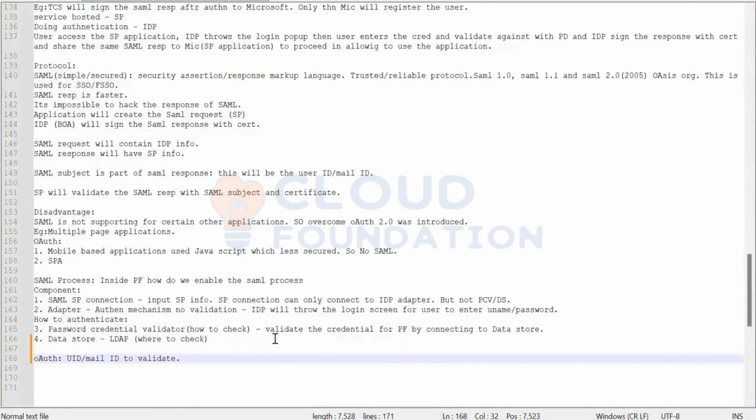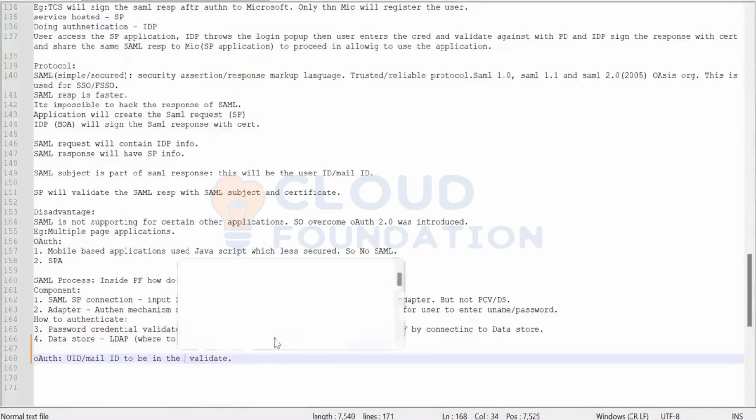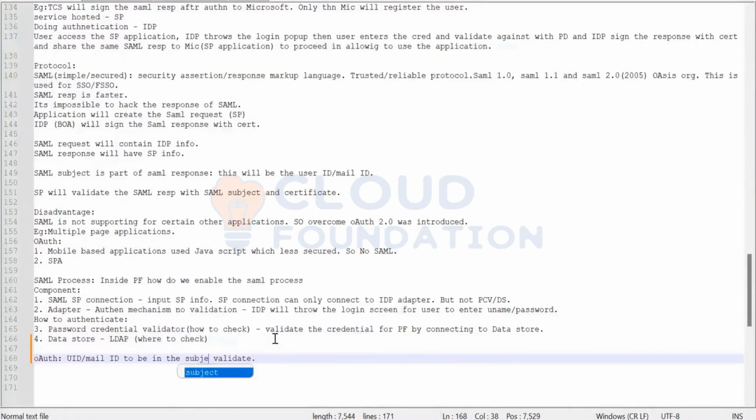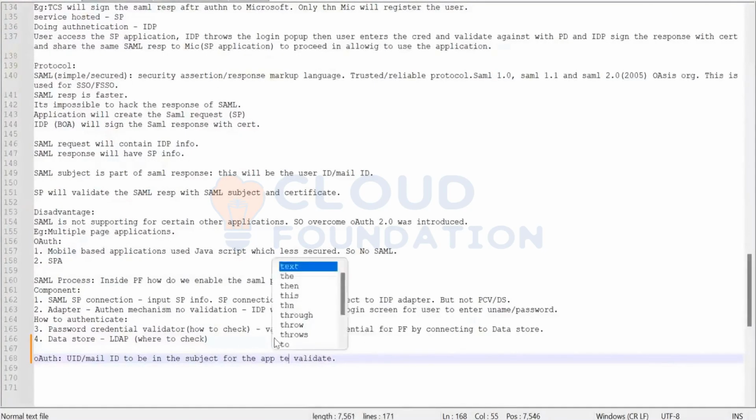We cannot send the first name of a user in the subject, right? Because with a first name, there will be a lot of people with the same name, such as Sumati, right? There will be a lot of people with the same name as Vinay, right? They cannot uniquely identify the user.